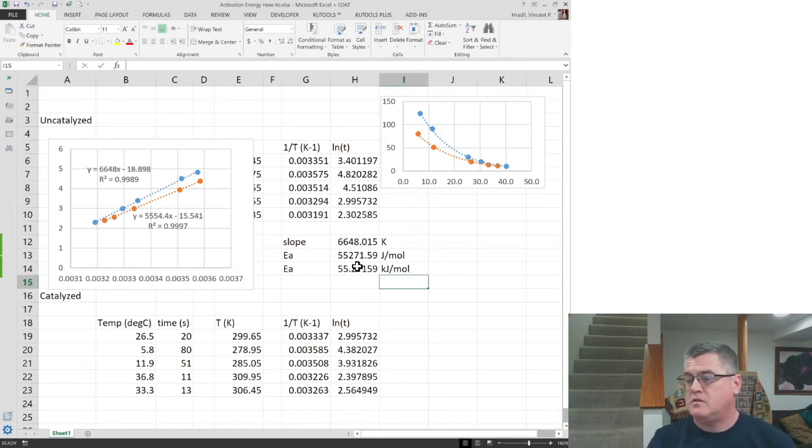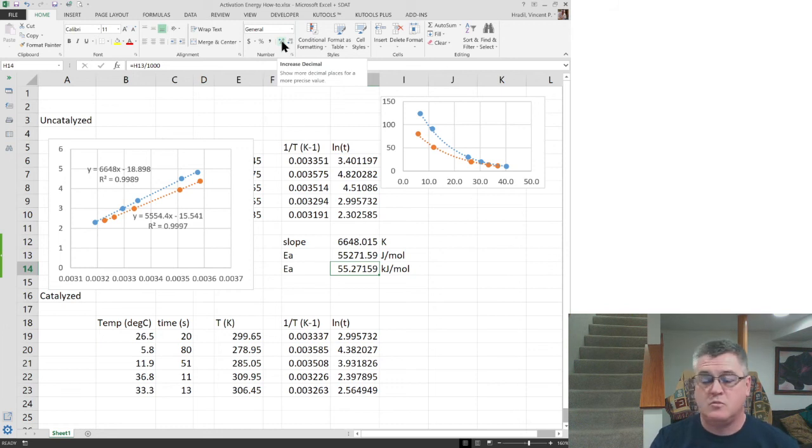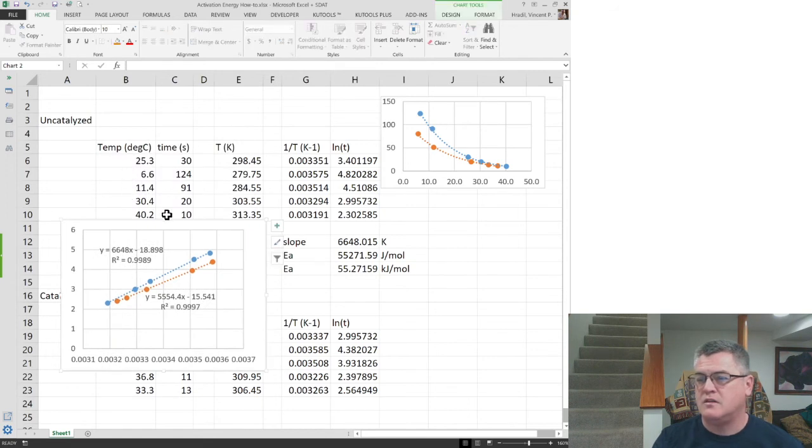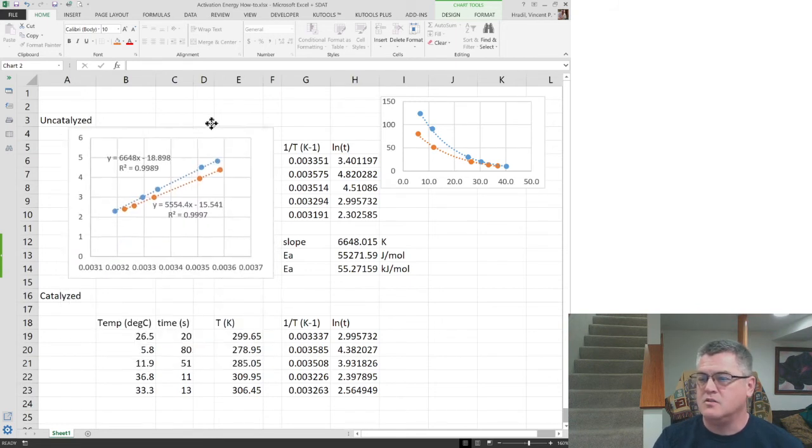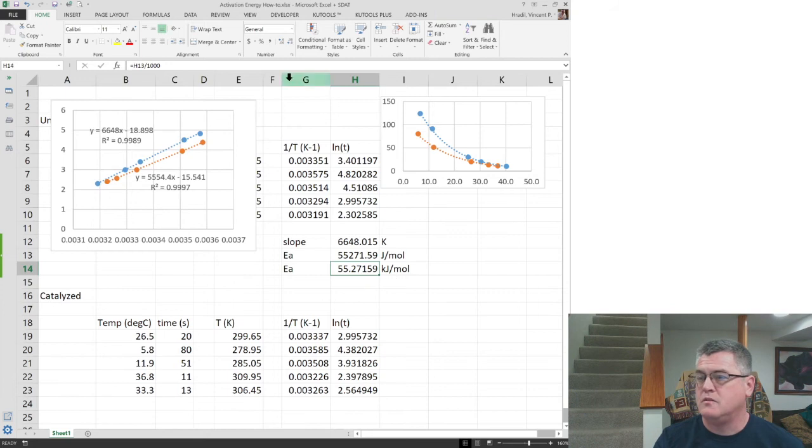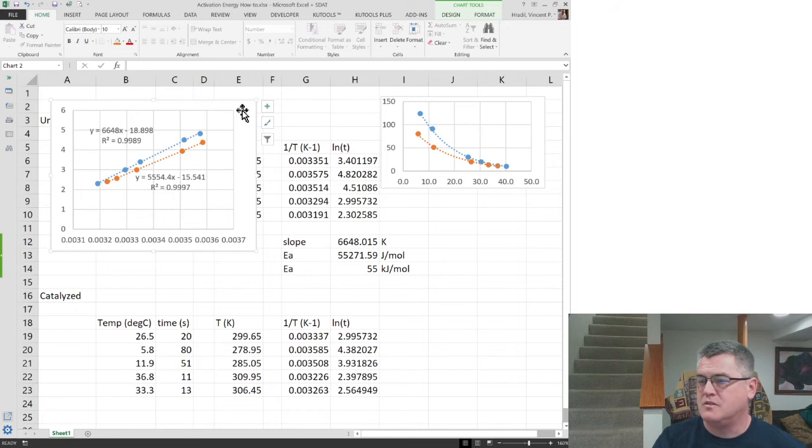Okay, so way too many decimals. Of course, in your report, you're going to report what you think should be appropriate number of decimals. Let's see, we know the temperature, typically 2 or 3 significant figures, and time 2 or 3 significant figures, probably just 2 is appropriate. So just a whole number of kilojoules. And that's something that actually, if you do the error analysis, you find out that that's what it should be. The error ends up being about plus or minus on the order of a kilojoule, depending on which day again. So there we go, 55 kilojoules per mole for